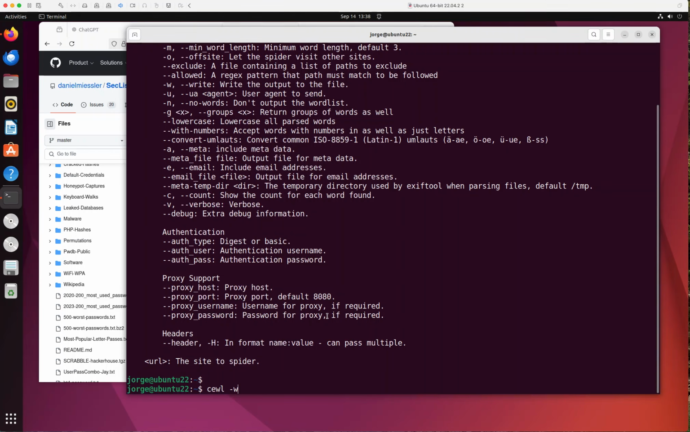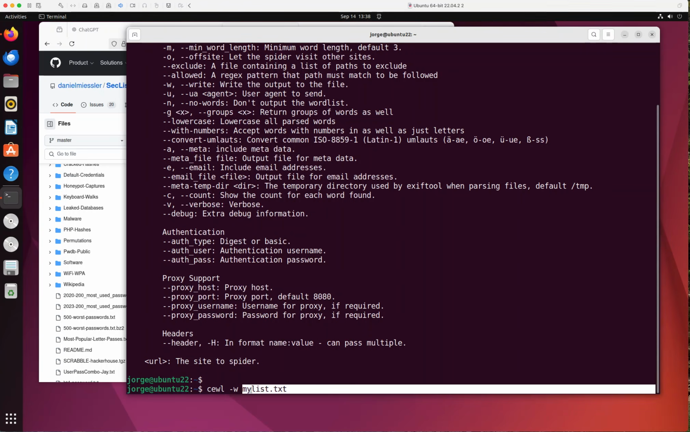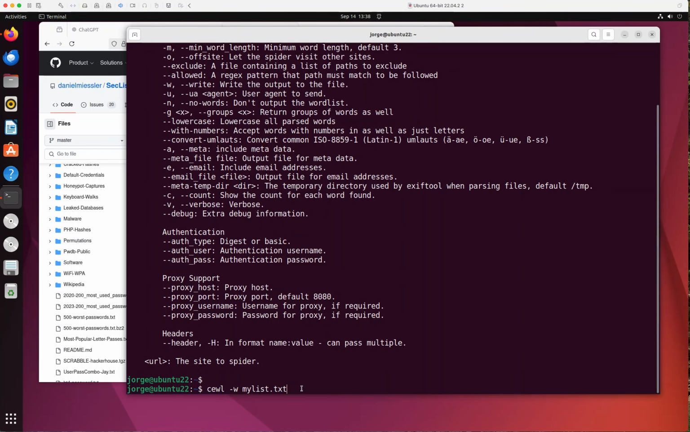And -W simply means that whatever output is going to be generated, it's going to be written to a file, right? And that's what you're going to be doing. I'm going to call my list txt. And whatever results are going to be written to this file, right? That's why you would use -W. Then you would use